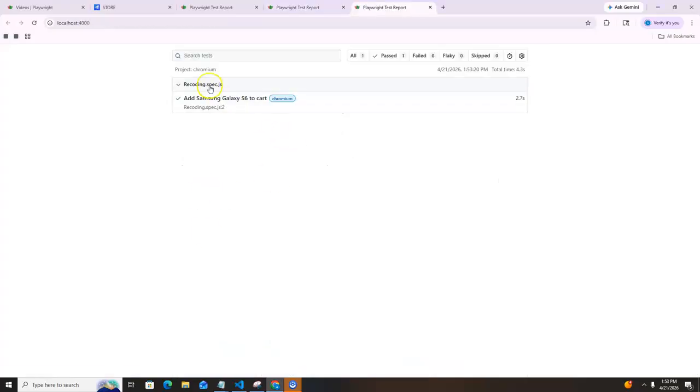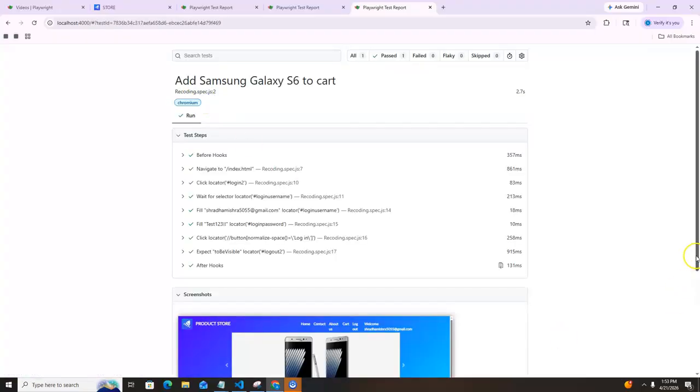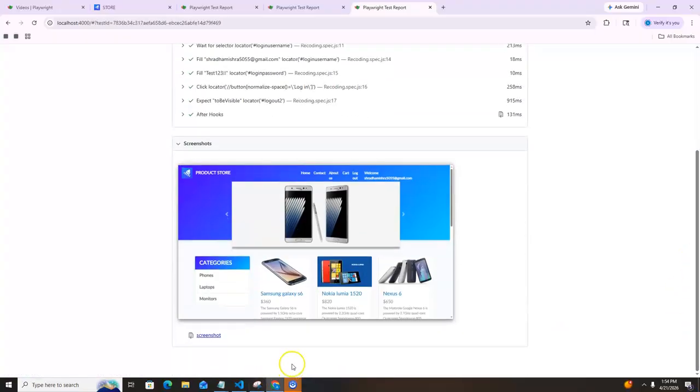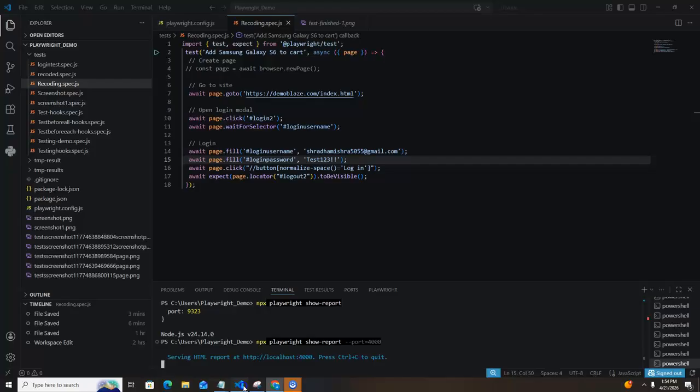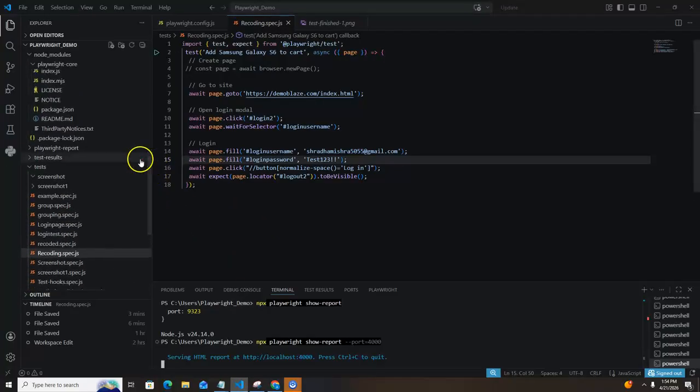You can see here it's not recorded any steps. Video is not here. You can see if I open Visual Studio Code and click on this test-result, here I